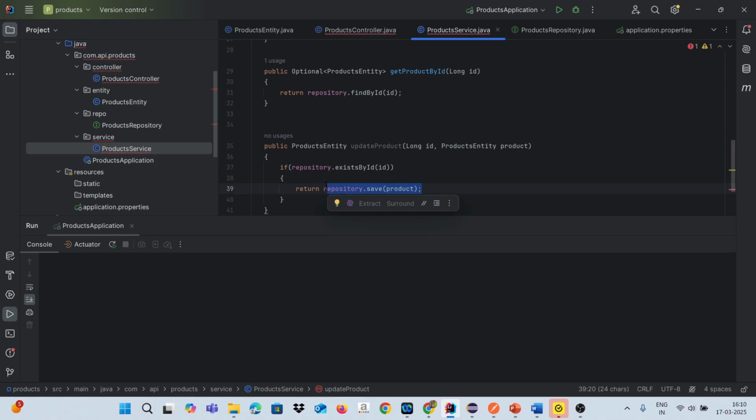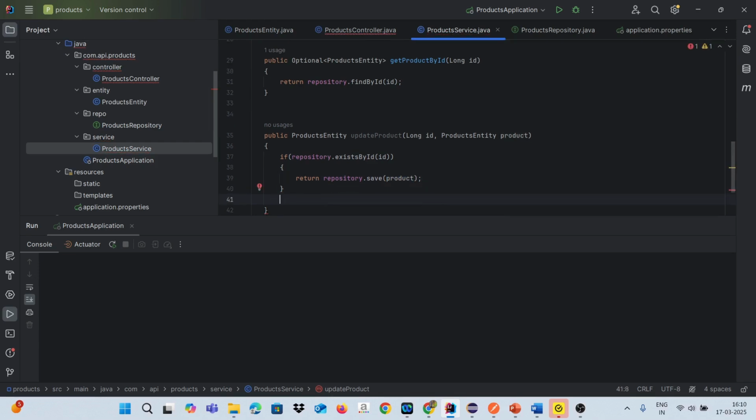So what it will do, it will find that ID, whatever ID you have given, and it will make changes to that. Here you can see that I'm getting an error, right? Why am I getting an error? Because it's expecting something to be returned, and I am returning it in the if block and I haven't added an else block. I'll cover all these concepts in the Java series as well, but as of now we will return it here